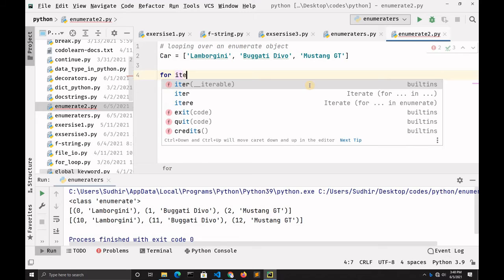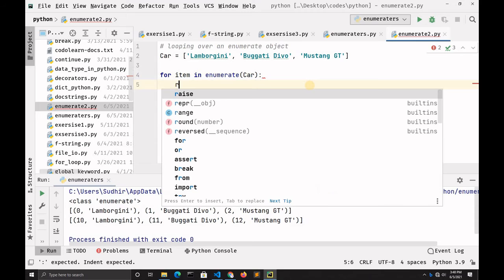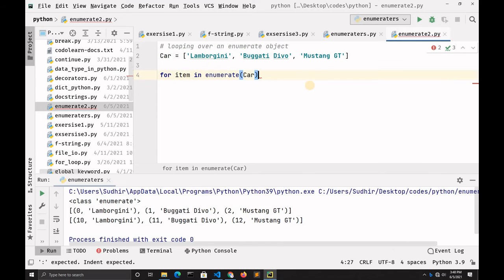After that I will type a for loop, for item in enumerate cars, and then I will type print item. After that I will type print with \n to give space between these outputs.